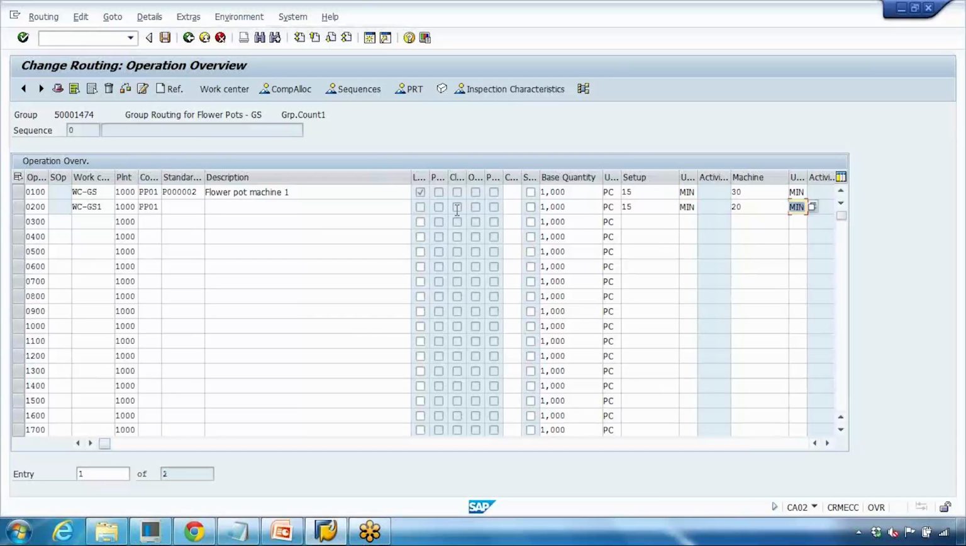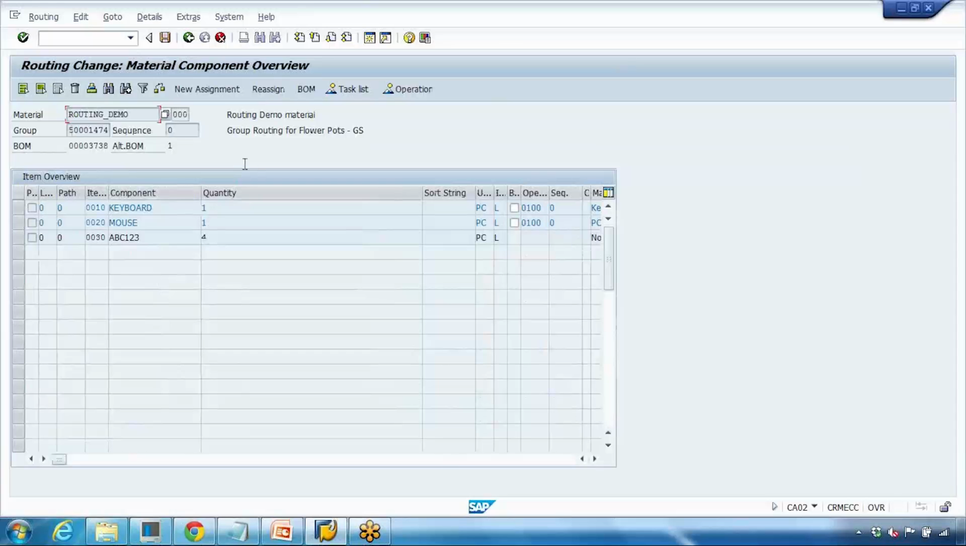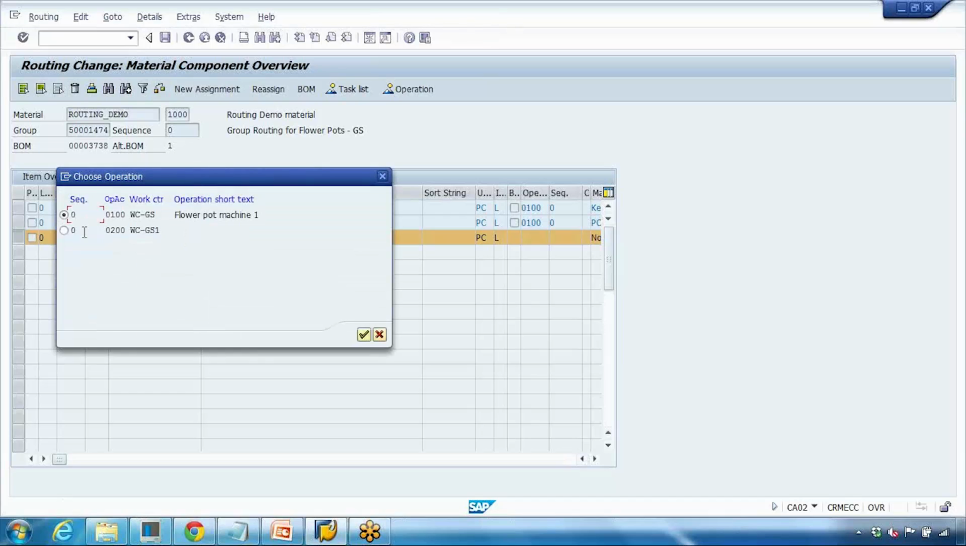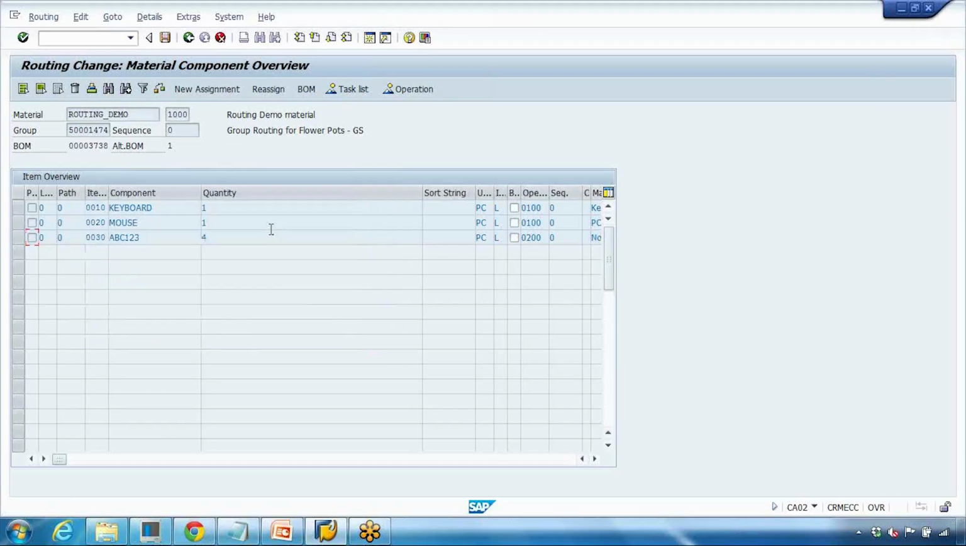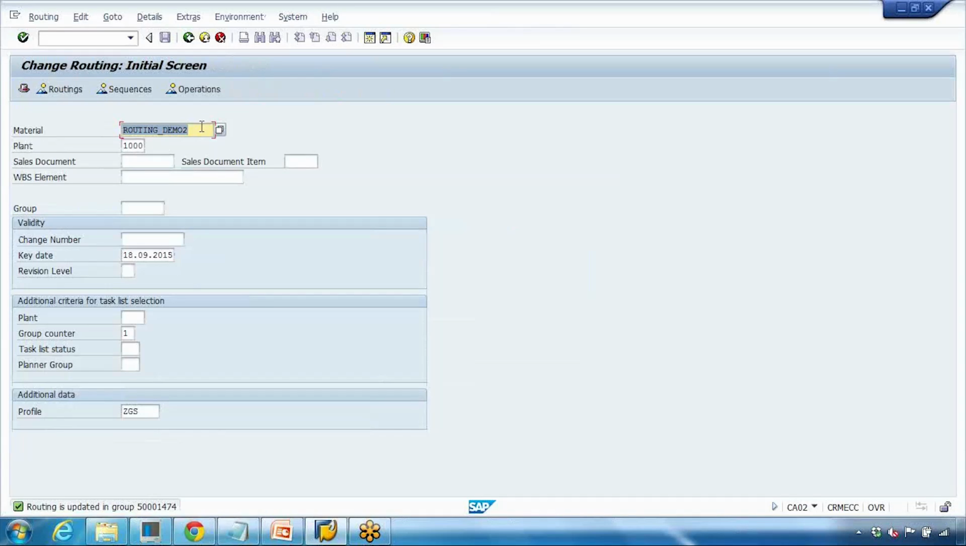The different components. So if I go to the comp allocation again, here I can select the third component, click on new assignment, and I can assign it to operation number 2. So the first two are assigned to the first operation, and the third component is assigned to the second operation, and I can save it. If you want to assign more, what you can do, open the group routing again,